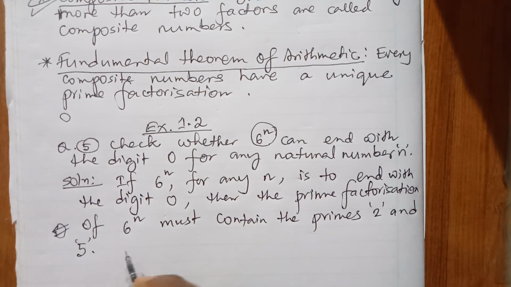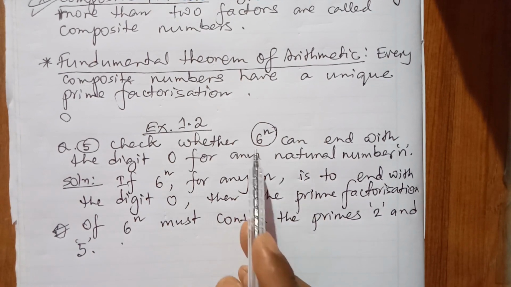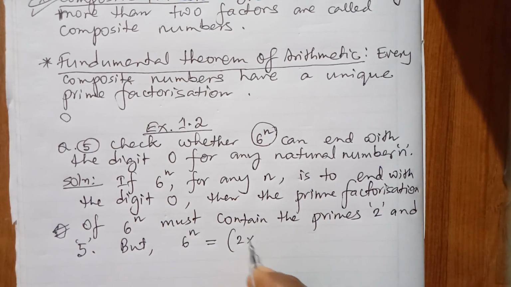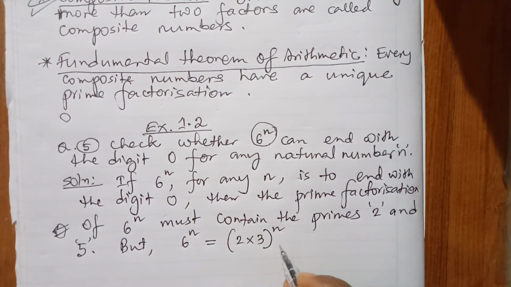So now you check the prime factorization of 6 to the power n. But 6 to the power n equals (2 into 3) to the power n,